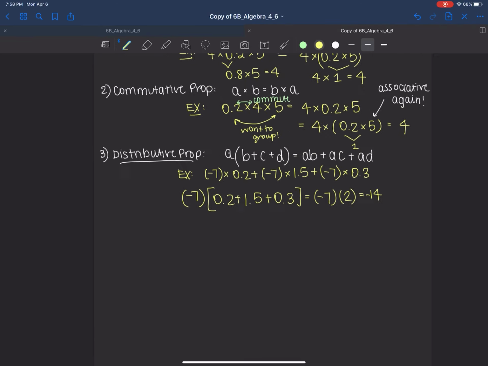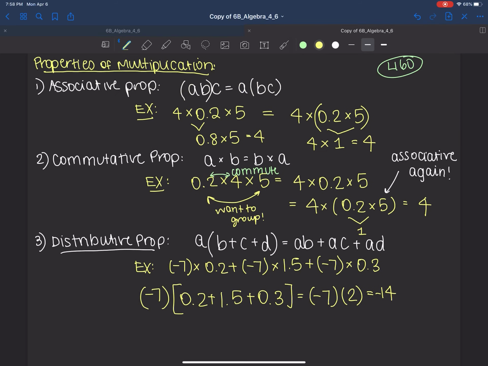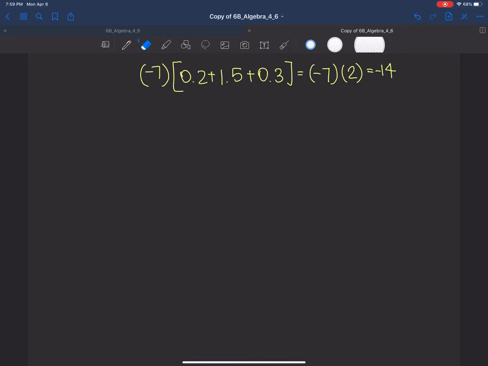Okay, so just to sum up, we're looking at 3 properties of multiplication. I guess the distributive one is shared between multiplication and addition. And we showed a couple of ways where we can use them to make our lives easier when multiplying and hopefully make fewer mistakes. Okay, the next part we're going to look at